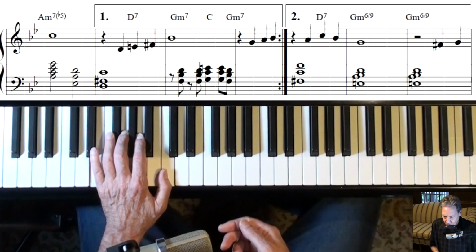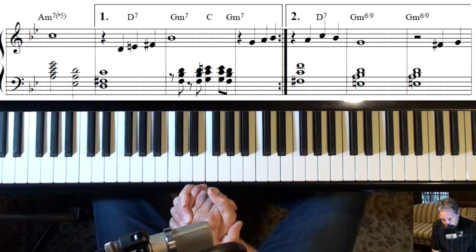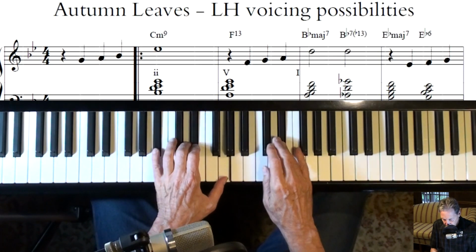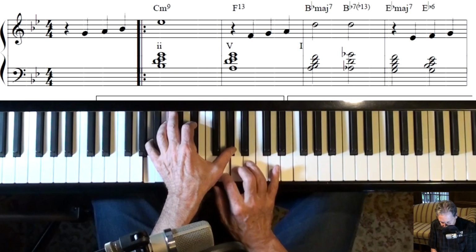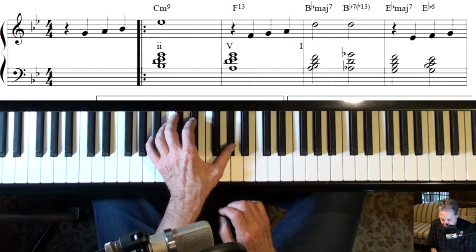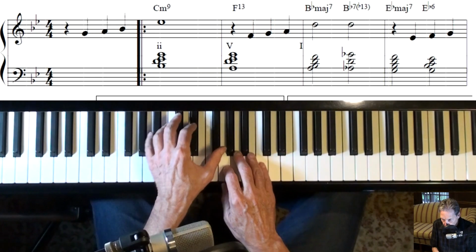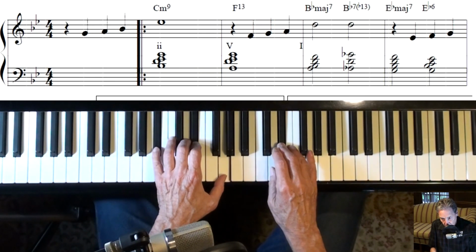So I'm trying to use the chords that are on the page. When you get to soloing, especially on the dominant chords, you've got lots of choices. It doesn't support the original melody to go like this, because you've got 2 notes right there that are just clashing with that note. Not to say you couldn't do it, because you certainly can. I mean, it kind of works. But when you're soloing,